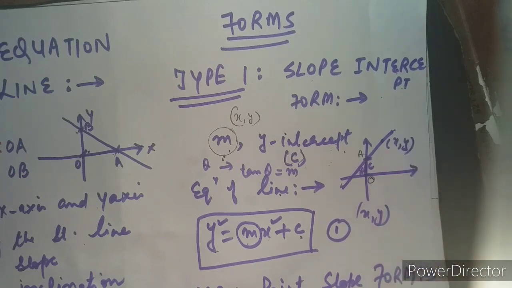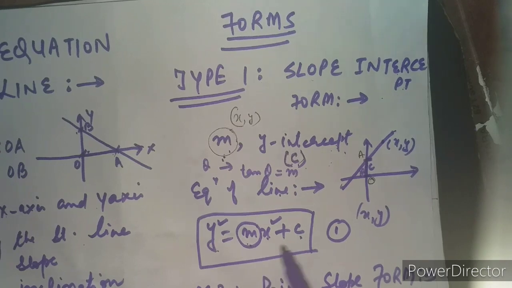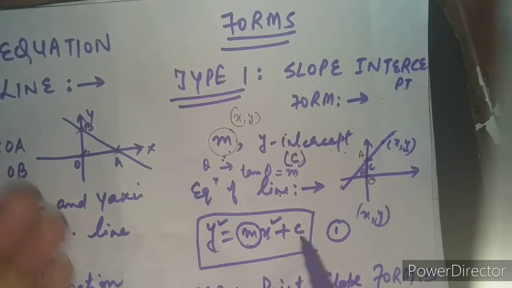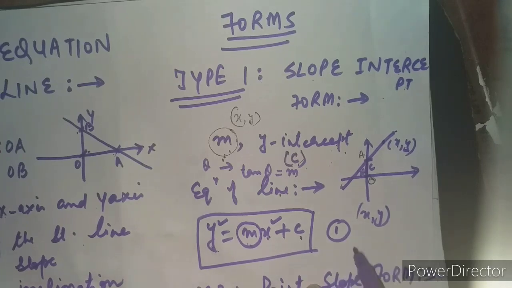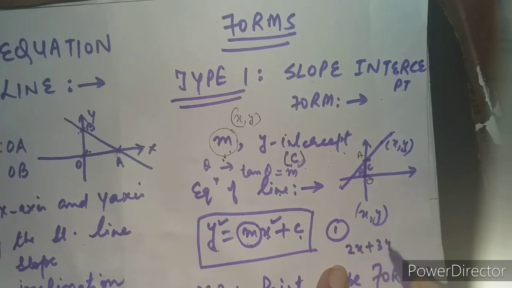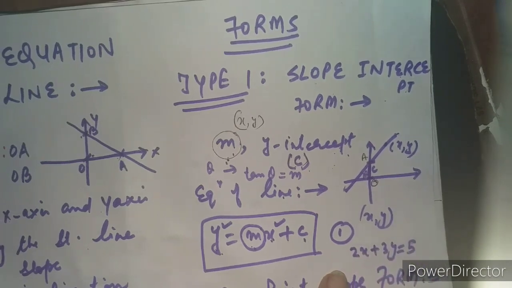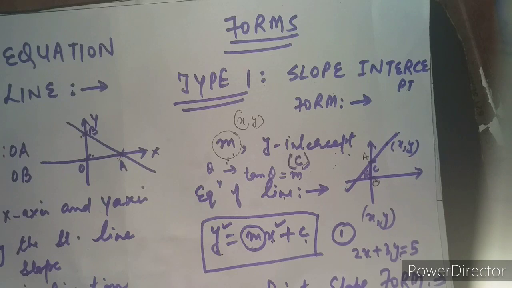But the main important thing about this xy is that while doing the questions, xy will remain xy only. We will replace the value of m and the value of c with the numbers given in the question, but xy will be treated as a general point because the answer will be in the form of x and y. Like I tell you, the answer of the equation of a line will come as 2x plus 3y is equal to 5. For example, 2x plus 3y equal to 5 means x and y will appear in the answers. So these x and y will not be replaced by any numbers. Remember, this is the most important point.